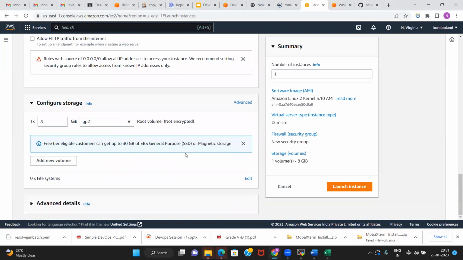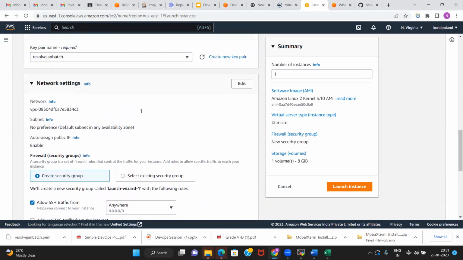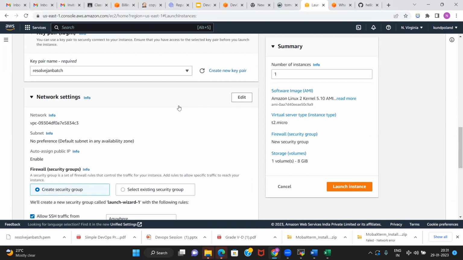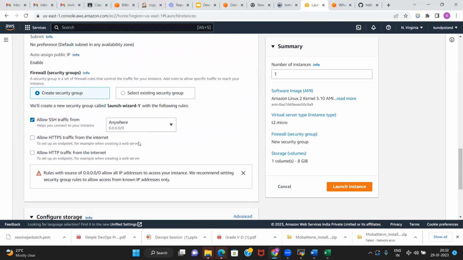Okay, and otherwise, this is the memory and all. Yes, about the security group. Okay, this is about the firewall. So the authorization we have done, but with the authorization in the network, who can access, and specifically what ports are open in that machine. Otherwise, you will only be able to do SSH on that, because only port 22 is open by default.